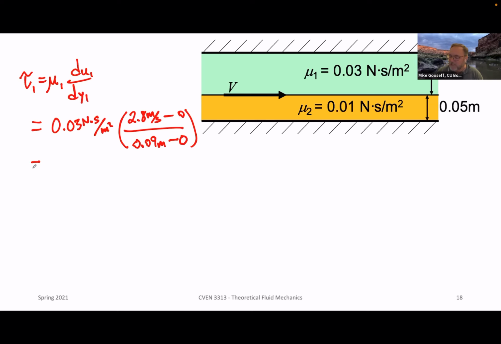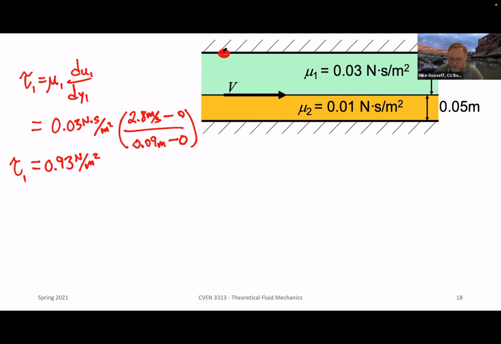And this comes out to, if you do this math, you get 0.93 newtons per meter squared for tau 1. And so that is the shear stress that is essentially acting on the top wall here,